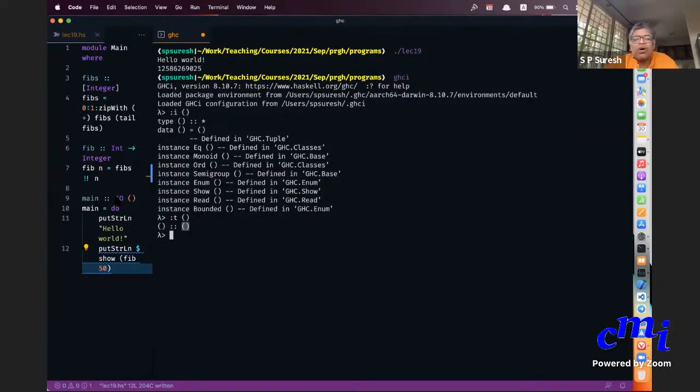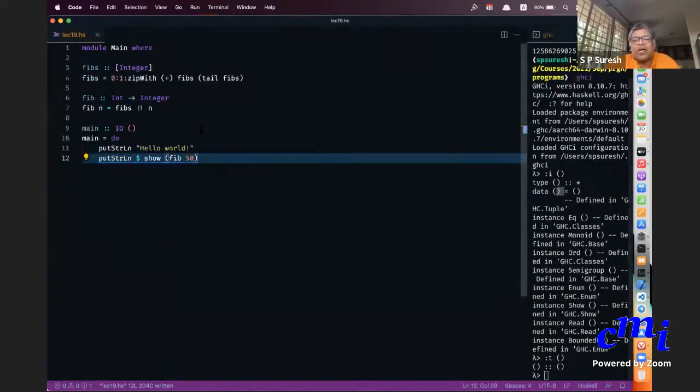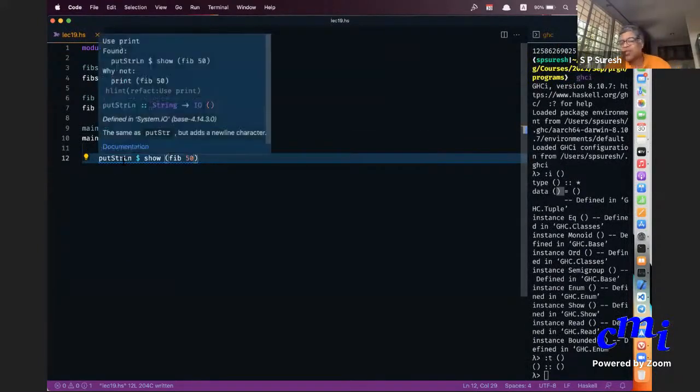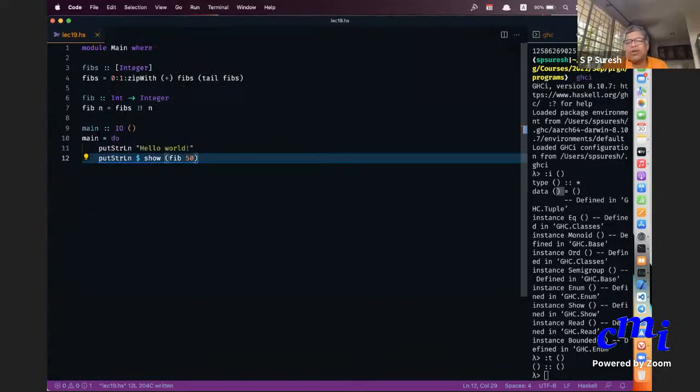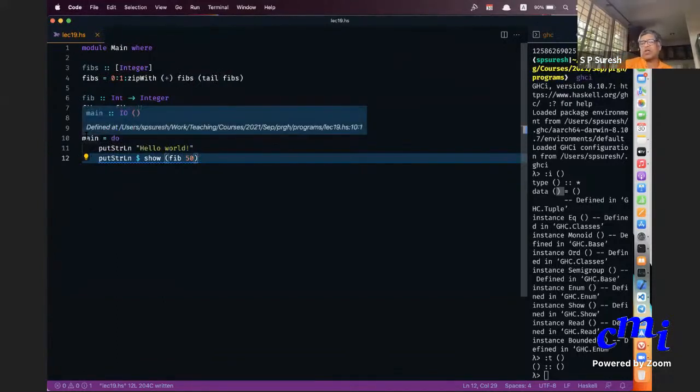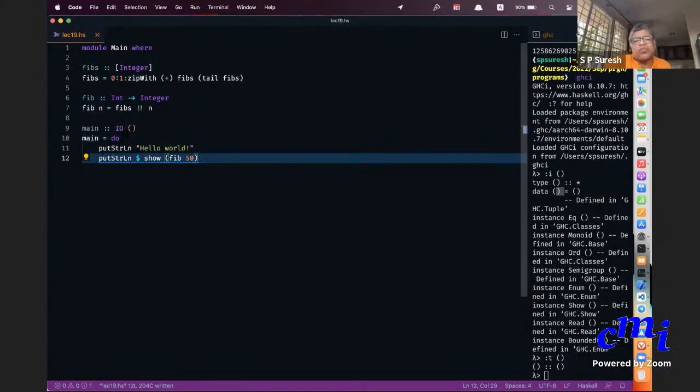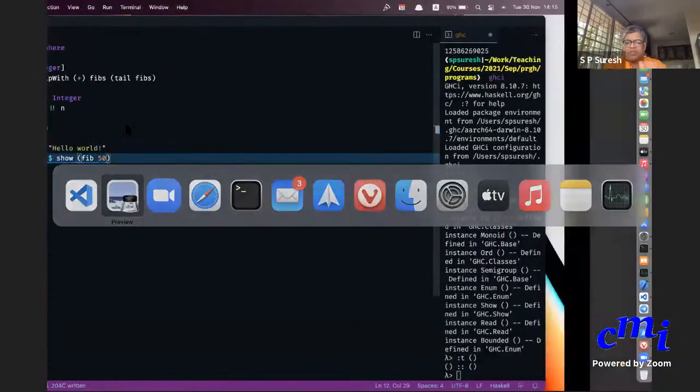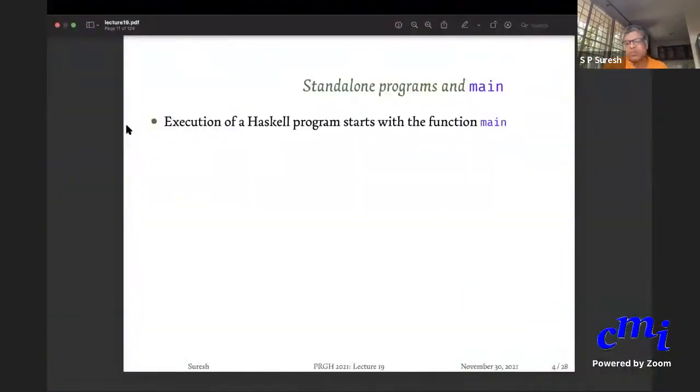So this IO unit really means that I'm not returning any value here, right? When I do this, I'm just printing stuff. I'm not returning any value. This main as a function is not returning anything to you. But you still need a return type, so you need something dummy there. That is why you put unit there. But you also want to prefix that unit with IO. We'll explain what it means in a bit.